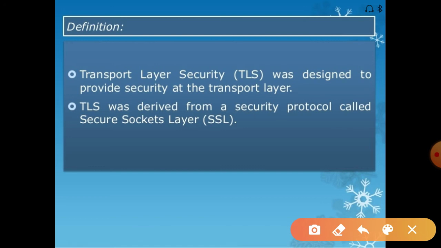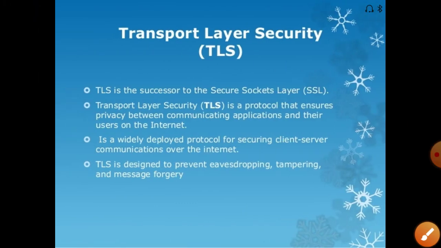TLS is derived from the SSL protocol; it is a successor to the SSL protocol. It ensures privacy between communicating applications and their users on the internet.